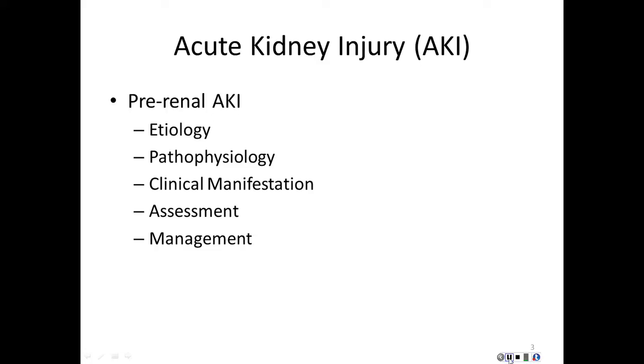And it's that prerenal ischemia that is the cause of the problems with these patients. What we see in these patients is basically, with shock or with reduced blood flow or reduced circulating volume, that the kidneys begin to try to compensate by constricting renal blood vessels. And part of this process is activating the renin-angiotensin-aldosterone pathways and releasing antidiuretic hormone. All these responses are to help increase blood volume and improve kidney perfusion.